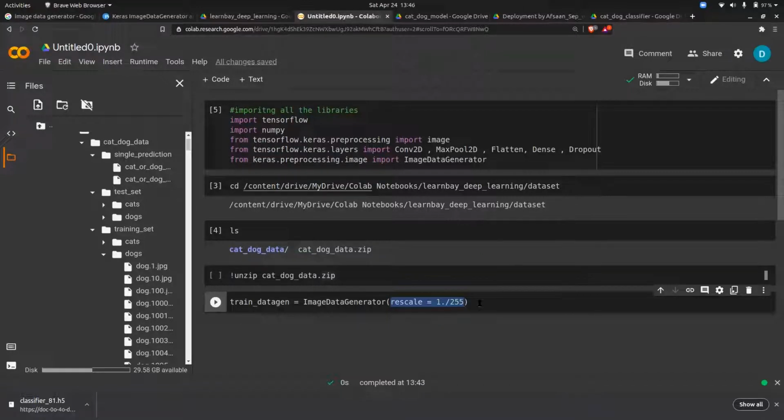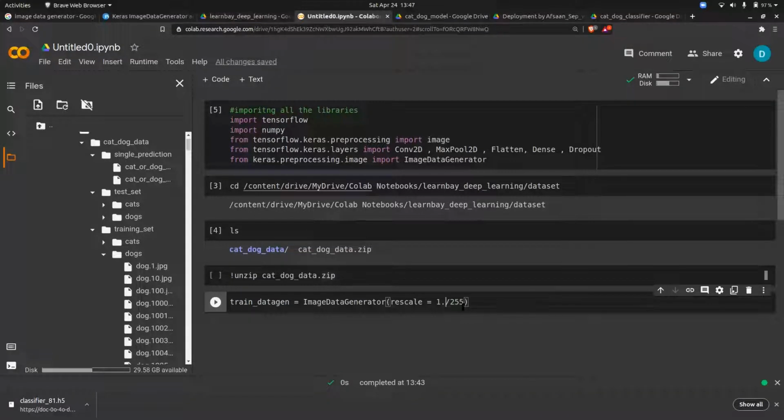Color scaling. Basically, I'm rescaling the pixels. So all pixels will be from which range to which range if I'm doing this? Understand this as X: the pixel value will come and it will be divided by 255. We can't put X here, so that's why I'm putting 1. divided by 255. What will be the range of the pixels of all the images? 0 to 255. After scaling, 0 to 1. Yes, after scaling 0 to 1.